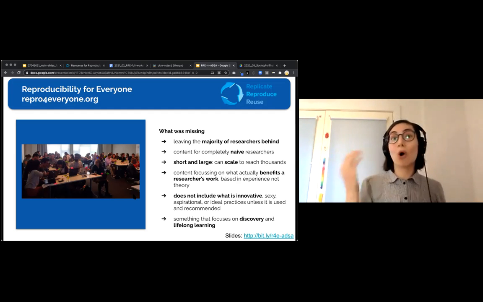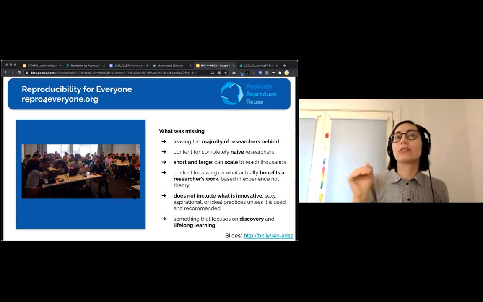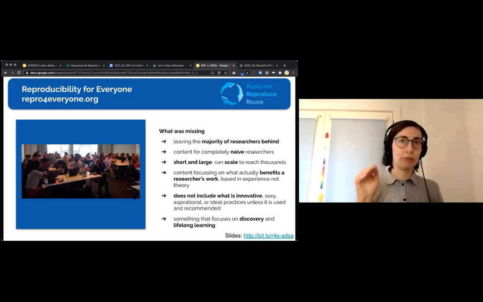But the thing is that most researchers have never been taught that. The majority of researchers have never been taught how to organize their materials in a reproducible way. And that was the module that we got in our post surveys as the most impactful in people's actual day-to-day lives, just learning how to organize their materials better. So that's just one example of something that made it into this curriculum that I wouldn't have put in before because it just didn't seem attractive enough or interesting enough.